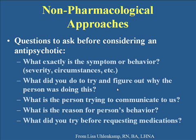If you're trying to dress them and then they raise their arm and it hurts and they kind of swat out, then is that because of some sort of pain? What could be contributing to that problem? And so again, getting at what is the reason for a person's behavior, and then ultimately asking, what did you